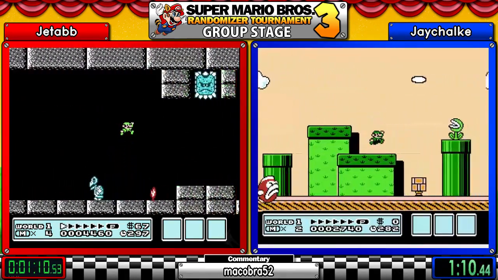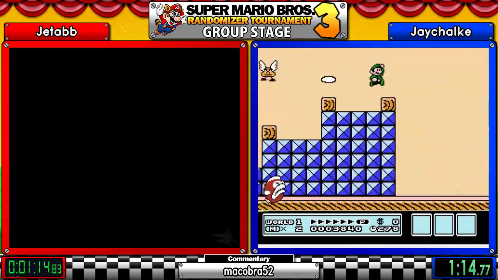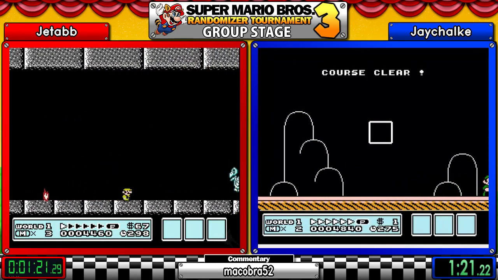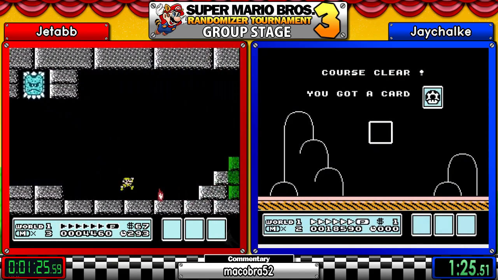And our first fortress of the afternoon is the Desert Fortress of World 2, and oh, the Thwomp gets Jetabb, unfortunately. Meanwhile, Jaychalke has completed his free 7. Didn't decide to go for the item though. I wonder if he's familiar with that location, but...